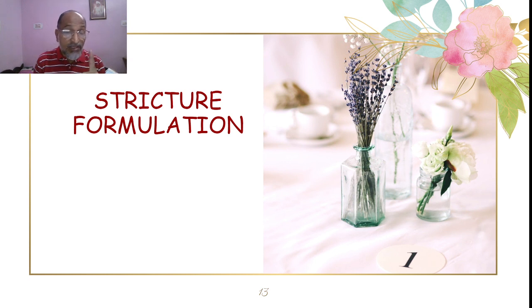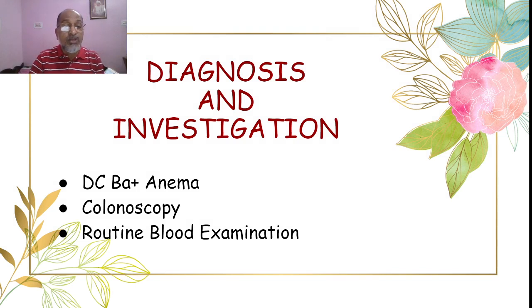It's the gold standard till now. The colonoscopy is done just to rule out, because the mass is there, so to rule out that it is not a carcinoma or a tumor or something else. So colonoscopy becomes a must to rule out, not to diagnose, but to rule out the tumor and